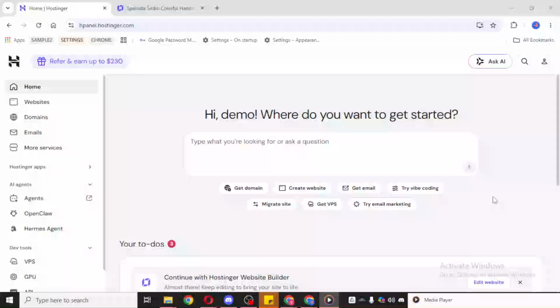In today's video, I'm going to teach you how to connect Google Workspace to Hostinger. If you've recently started setting up Google Workspace for your domain, one important part of the process is verifying your domain ownership. In this tutorial, I'll walk you through how to do that inside your Hostinger account by adding a TXT record to your DNS settings.